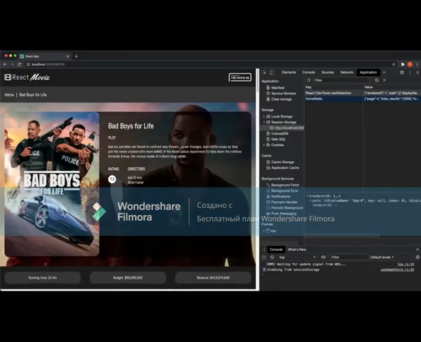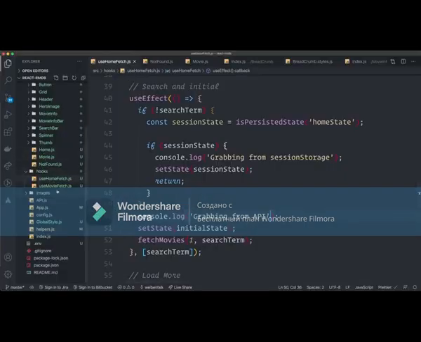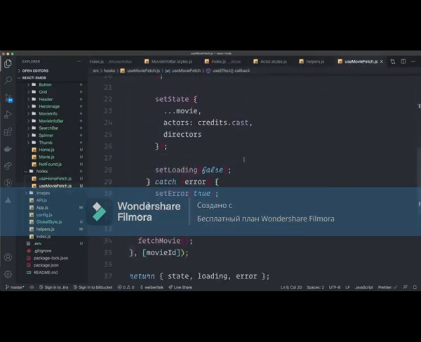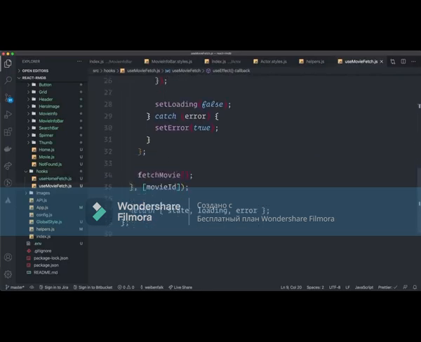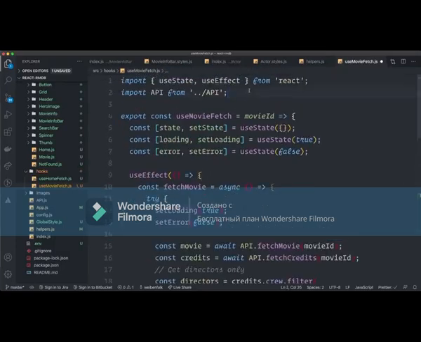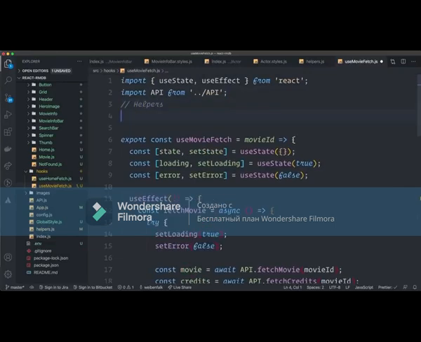Okay, one more thing to do with the session storage, and that is to store each individual movie in the session storage. That's what we're going to do. Back in the code editor, and we're going to be in the use movie fetch. And we only have one use effect in this one. So down at the bottom of that one, we run that fetch movie function. And before we do that, we're going to check if we have something in the session storage. Just above that one, just as before, we create a const that we call session state equals. But of course, first we also have to import that function up here. So we mark it with helpers, and import is persisted state